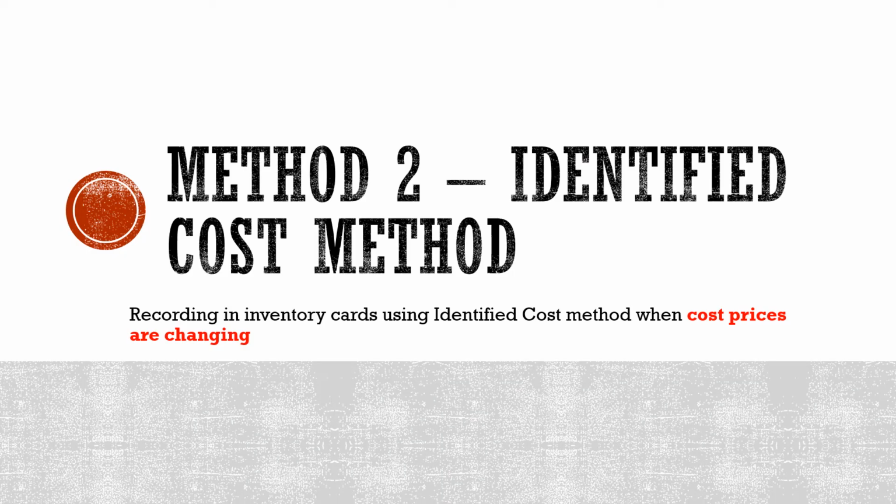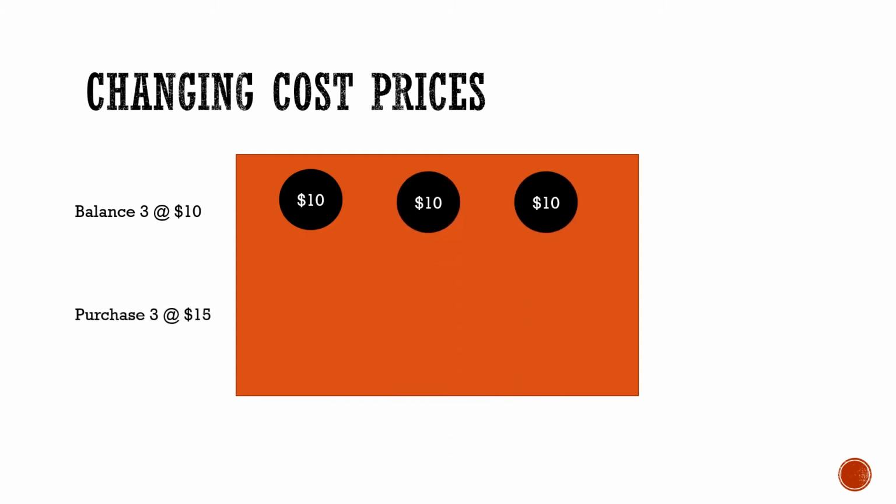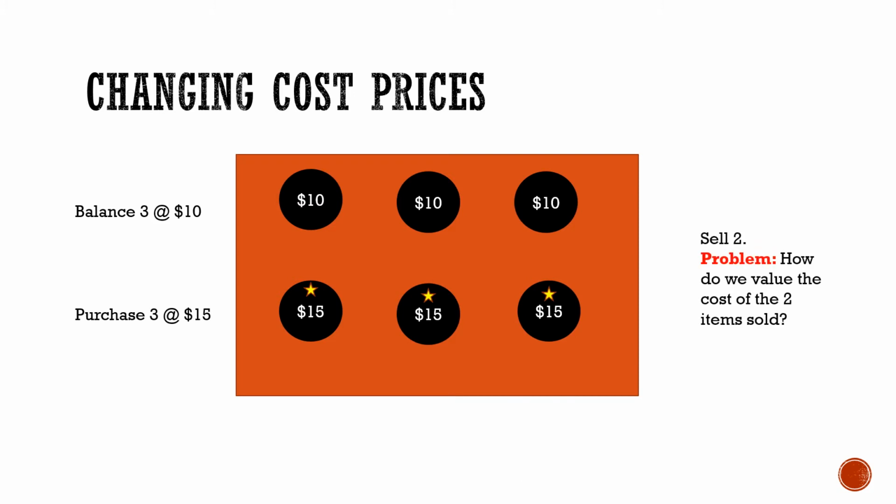The identified cost method is used to record in inventory cards when the cost prices are changing. Here in this example, we start off with a balance of 3 units at a cost price of $10. Then we purchased another 3 units, but this time the cost of inventory has increased to $15 per unit. Assuming we sold 2 units of inventory to a customer, the problem is, how do we value the cost of